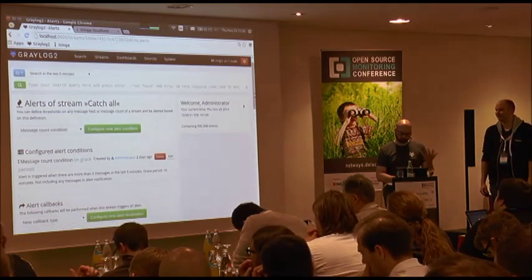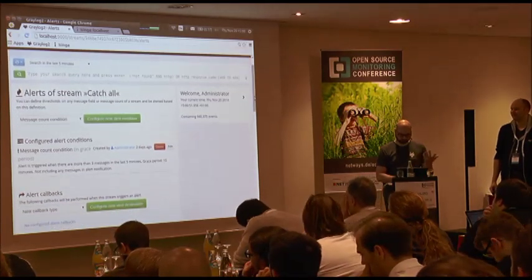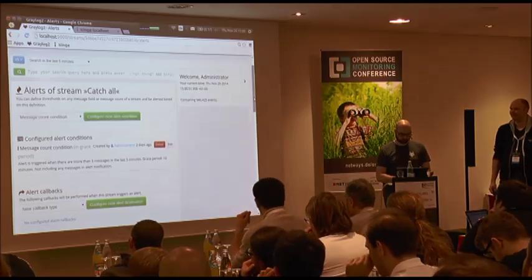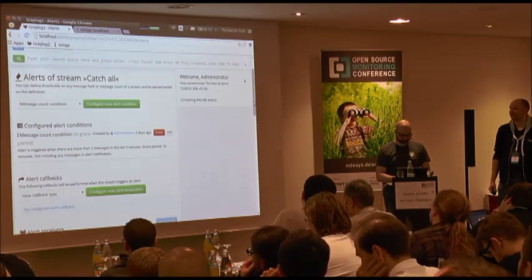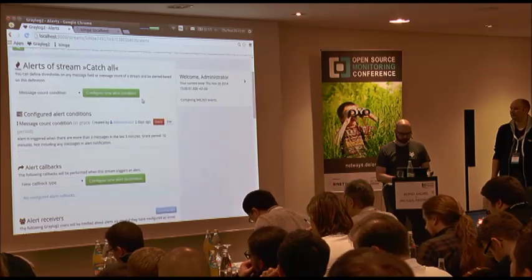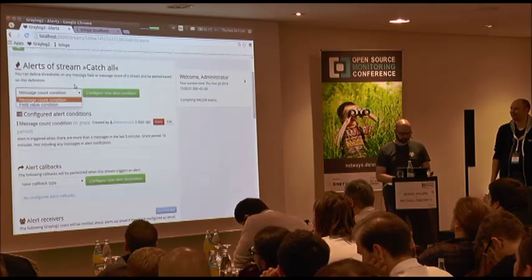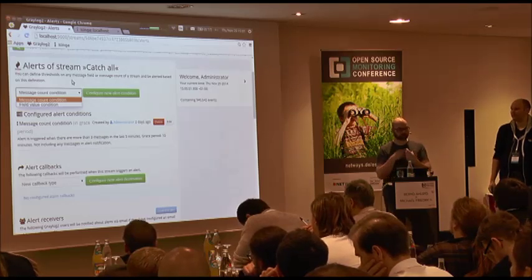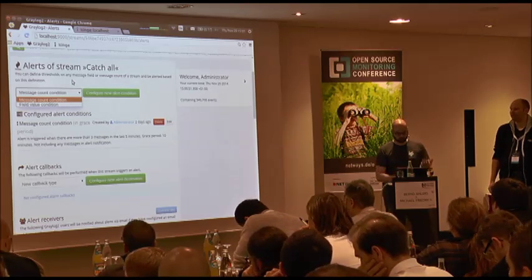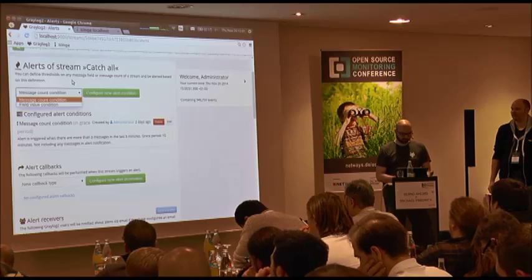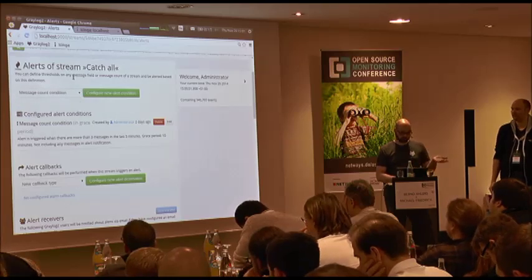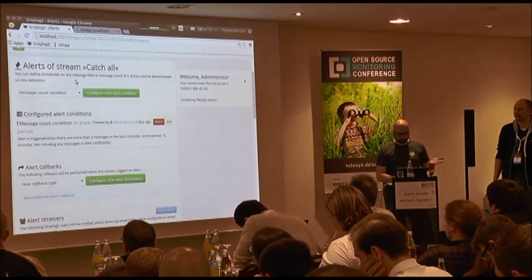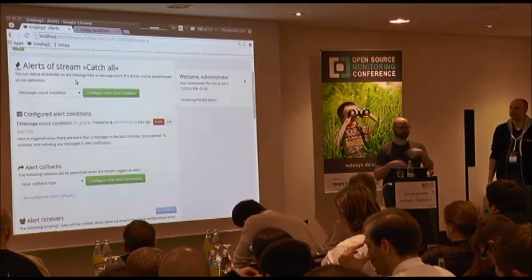So we have the stream of logs for different types, or as here for all. And we can add alert conditions. For example, we have field value conditions, so if a field has a certain value, or the message count condition.